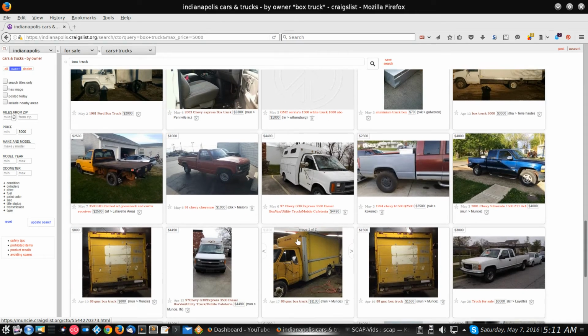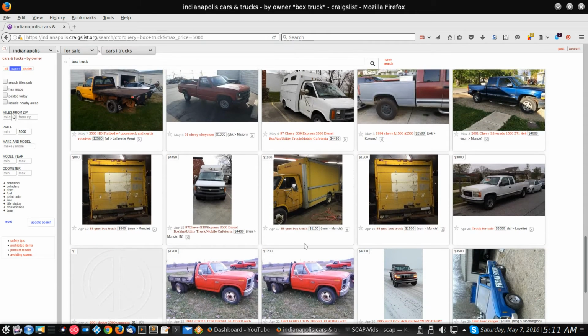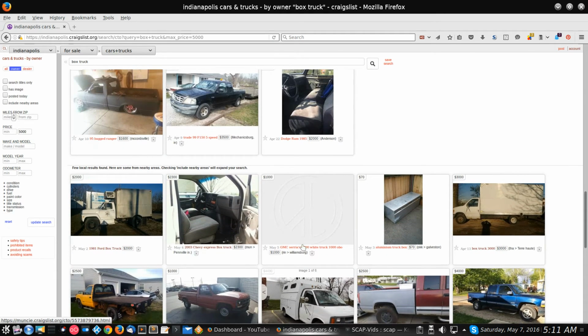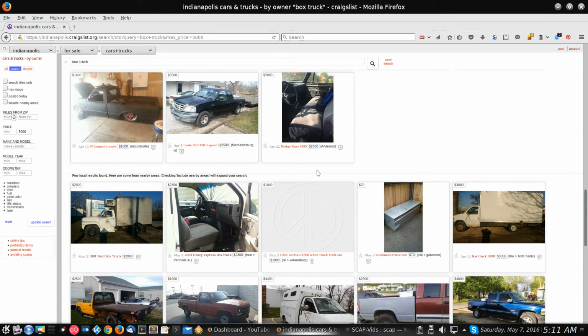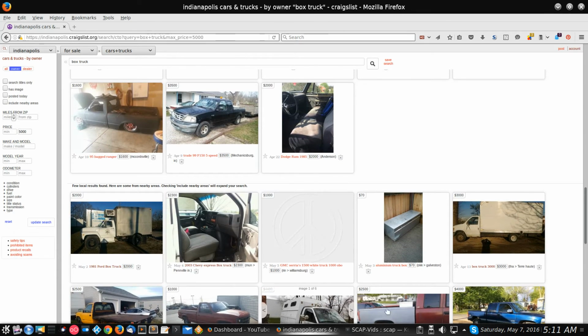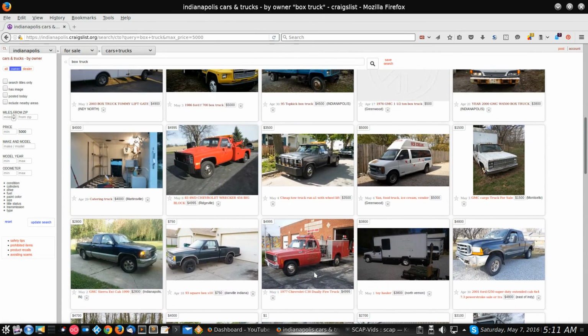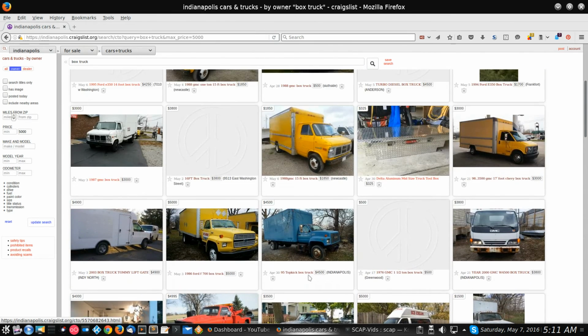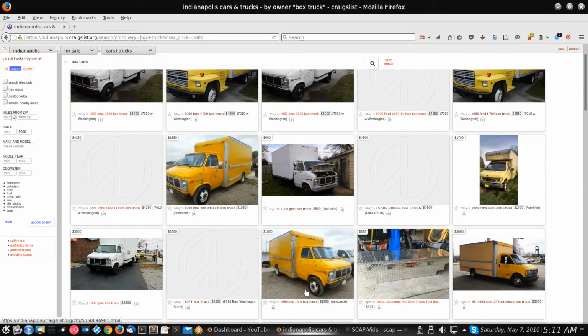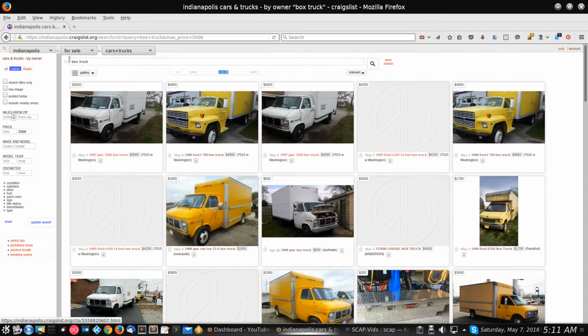Like I said, what this does is expand your search. It gives you more search results in a wider area to try to help you find what you're looking for. But the main thing to keep in mind is that this line separates the two. Make sure that you're aware of that, because if you're not willing to travel out of your more or less immediate area, then it makes very little sense to look down here. But it's kind of nice that they offer that to you. So that's how you basically look for something that you want.